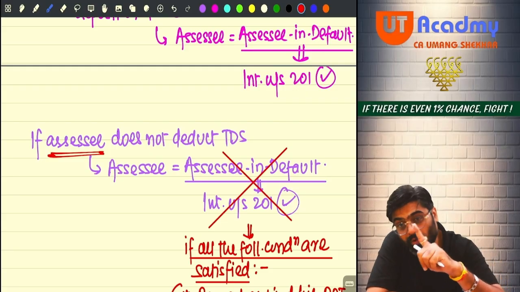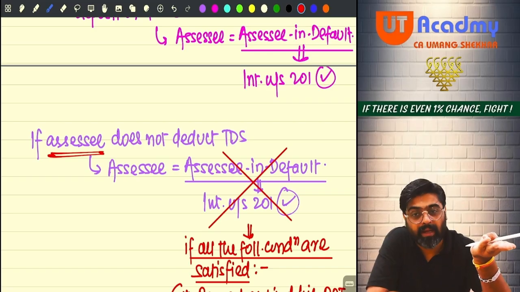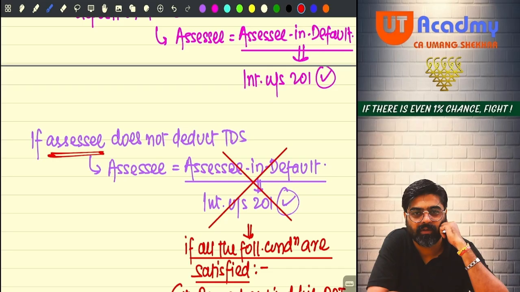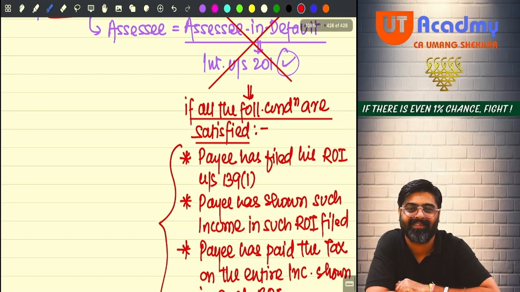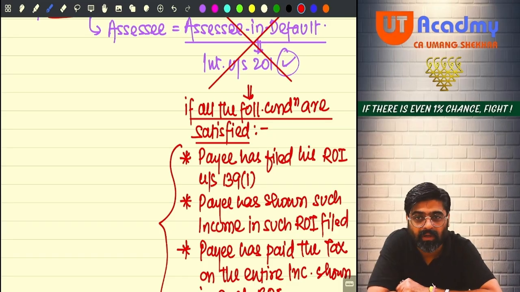But you were going to be assessee in default. You were supposed to pay interest for becoming assessee in default. Now that interest we will not charge because you are proving this thing. But that does not mean that the expense we will allow. The disallowance will still be attracted. Yes or no? Hello, sir.